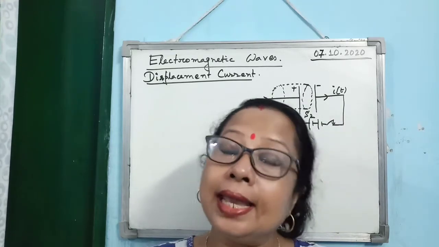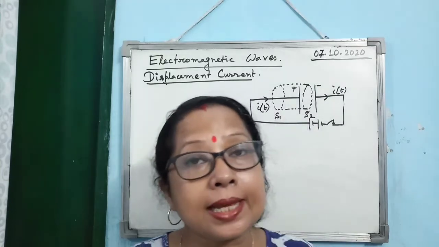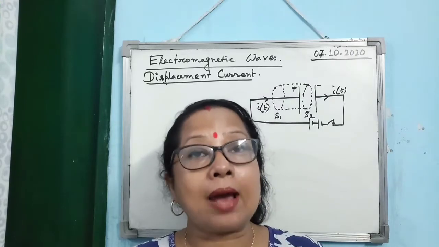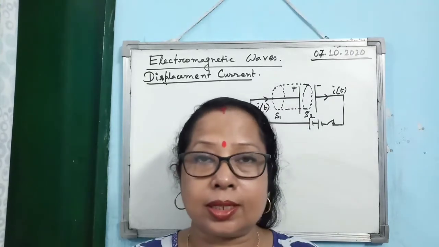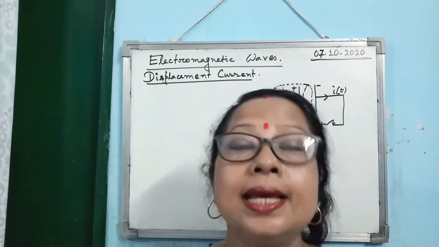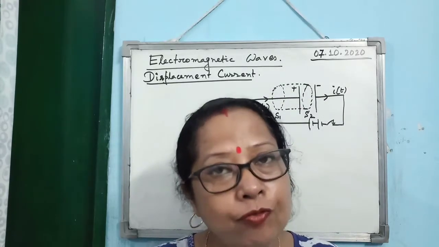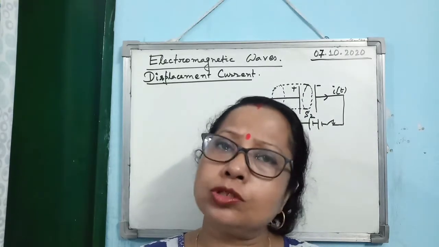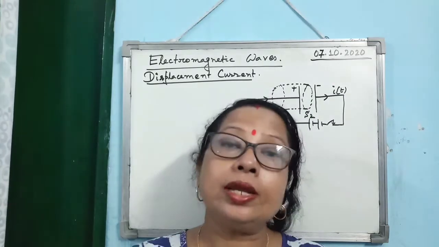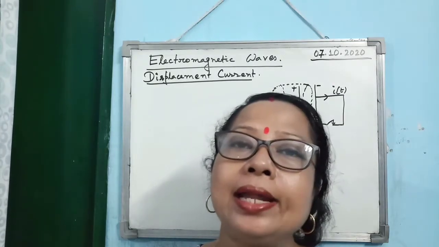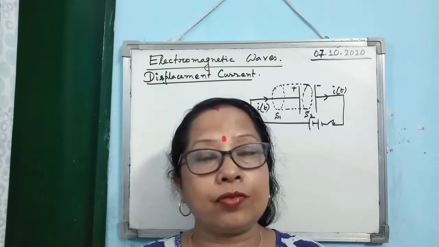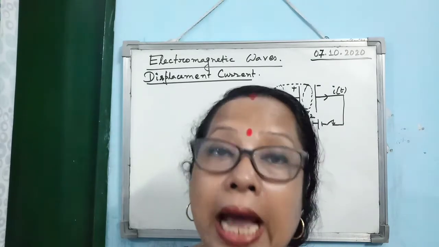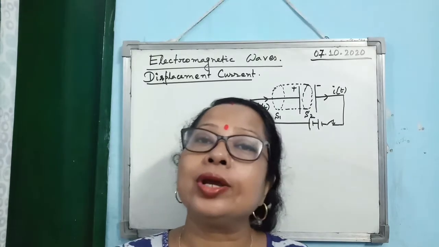And in electromagnetic induction, we have seen that when the magnetic field changes with time, then what happens? The magnetic flux linked with the closed circuit changes, then it gives rise to an EMF or a current. What does it mean? That the electric current can produce a magnetic field, as well as a time varying magnetic field, the magnetic field which changes with time, can produce an electric current.